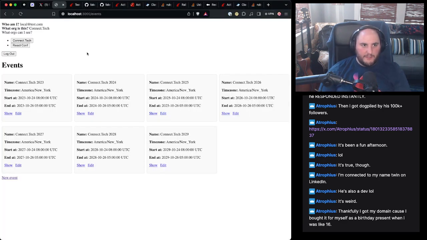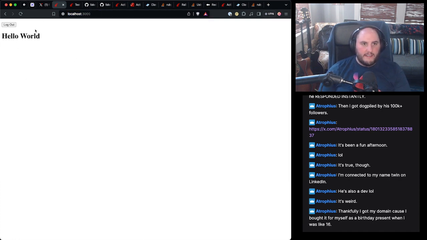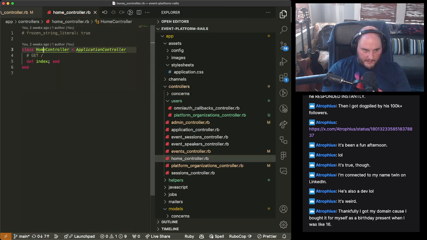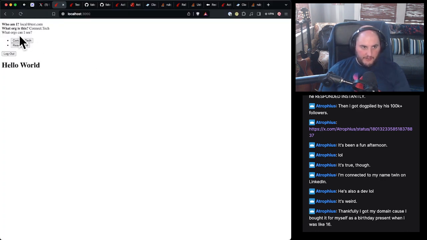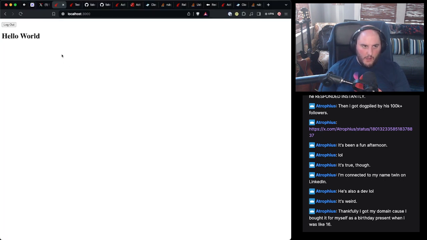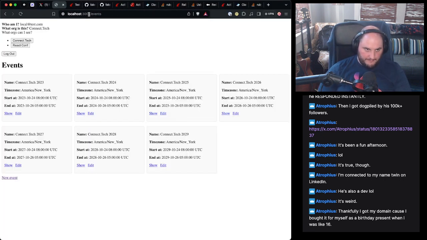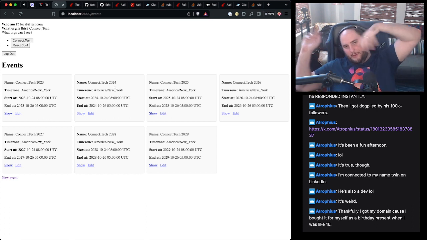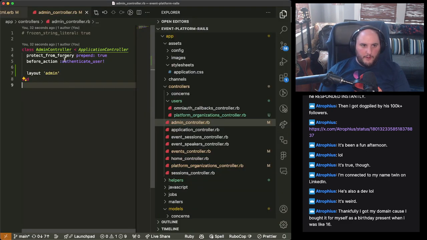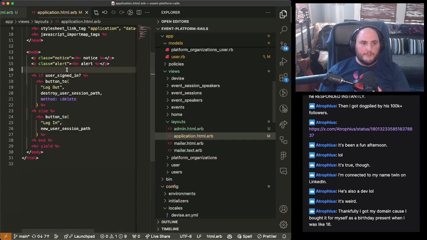So now when I reload this page, you can see, hey, I don't have that. And when I go to my root, you're going to see that element's not there. Now I can go into our home controller here, and we can just quickly say layout is admin, and you'll see all that shows up all of a sudden. So this layout command lets me just quickly on the controller level decide which layout I'm using. So this will be really helpful for the public facing side versus the private side, and allows us to do a lot more nicer controls, and we can do a lot more with styling now all of a sudden too. So this is super powerful.